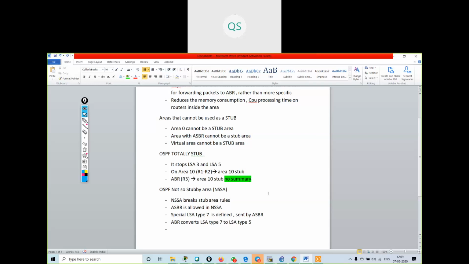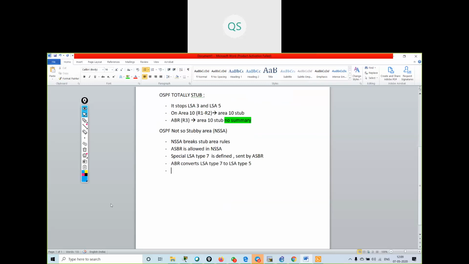What will be the condition now? Suppose I take the last example only. Suppose I am having some areas that are connected with each other. Okay, I am having area border routers over here. This is my ABR.